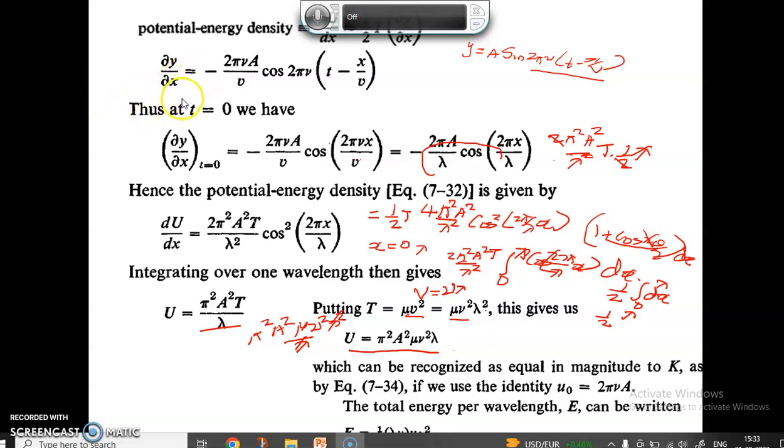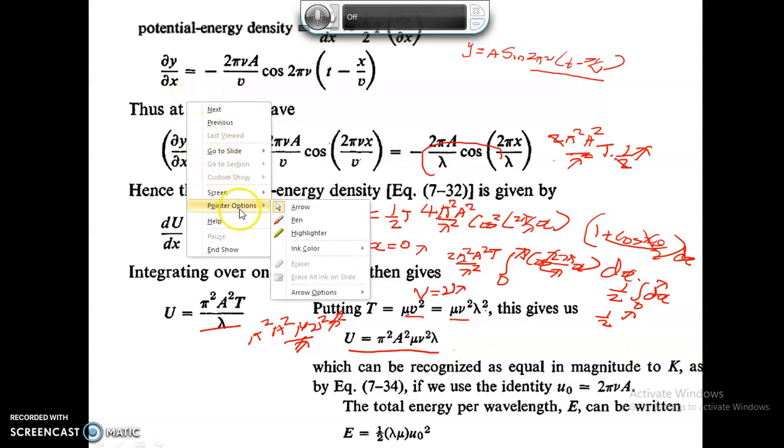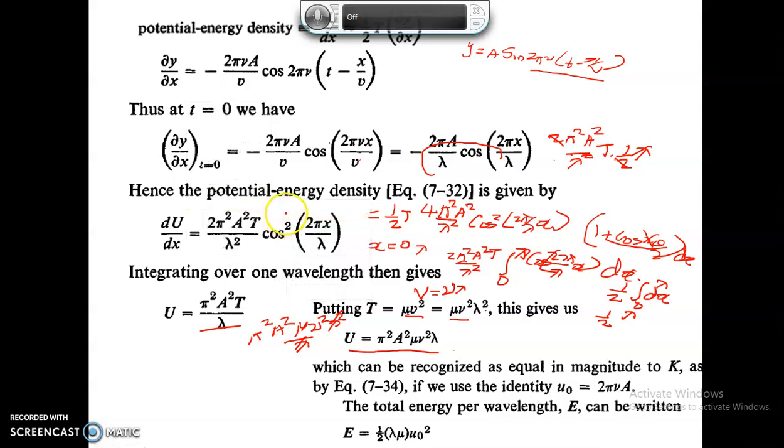So in the case of a mechanical wave in a string, that's a sinusoidal wave, we have seen that the kinetic energy and potential energy are equal and found to follow a relationship: kinetic energy K is equal to potential energy U, that is equal to 1 by 4